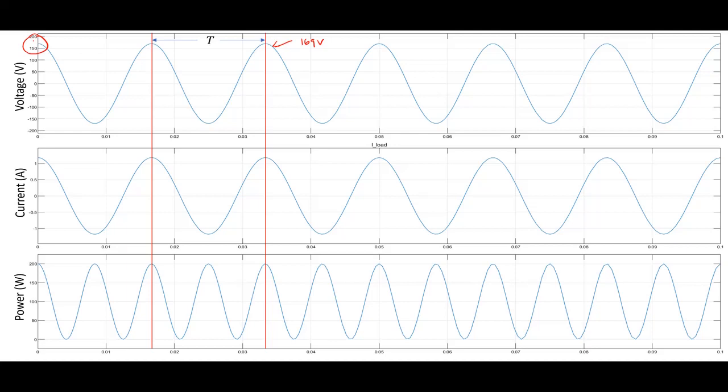And I see that the peak value in this particular case is a little bit more than an amp, all right? And what I've done is I've isolated one particular period, okay? So I'm looking at a period basically from the peak to the peak. And if I look at this, down here I have my power, P of t, which we said was V peak, I peak, cosine squared